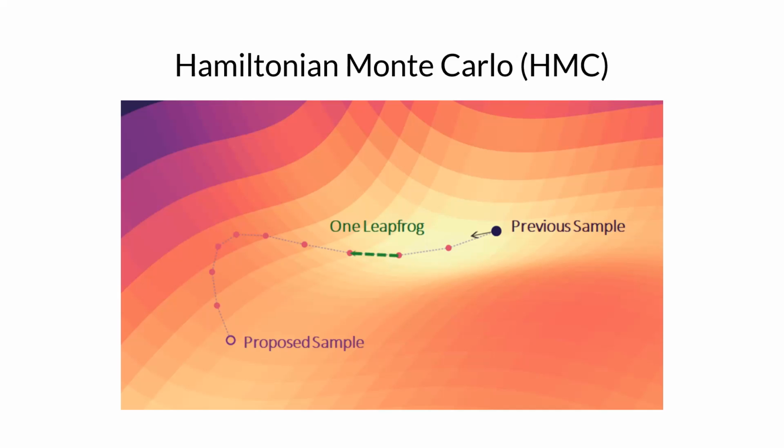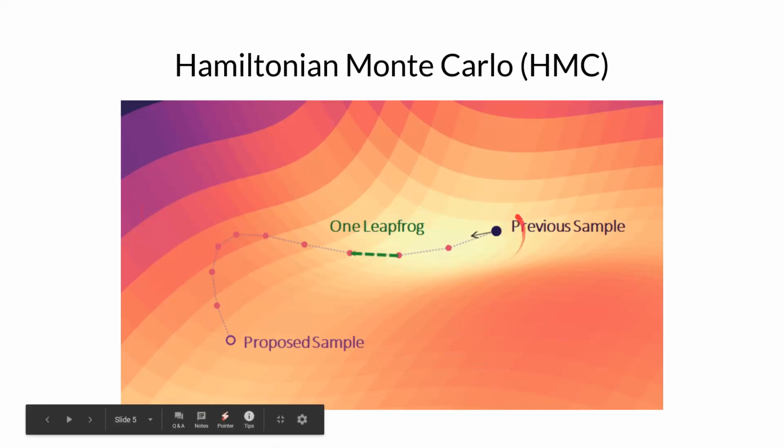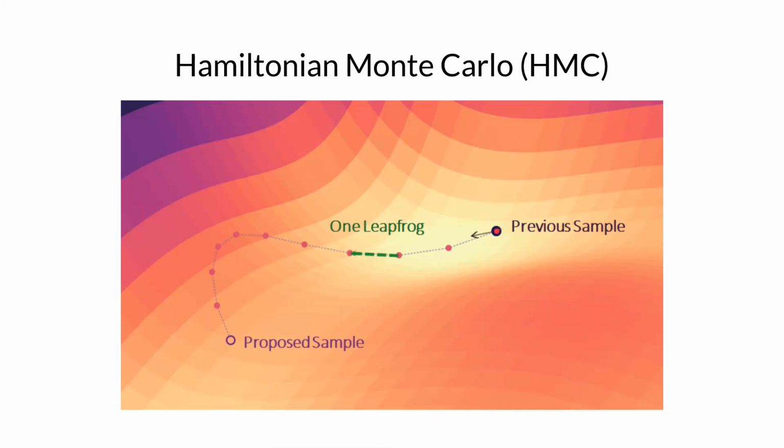The basic idea is that we're going to imagine our density as some multidimensional surface. Then we're going to put a minus sign in front of it and flip it around. Now the valleys in this surface are regions of high density, while the hills are regions of low density. We're going to put a particle, this thing over here, somewhere, and the position of this particle defines a sample from the distribution.